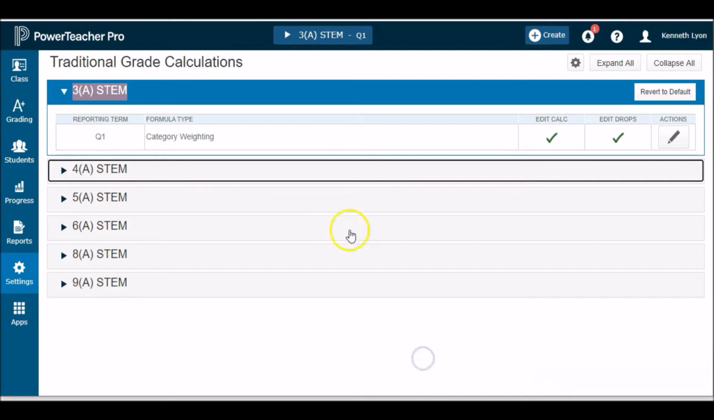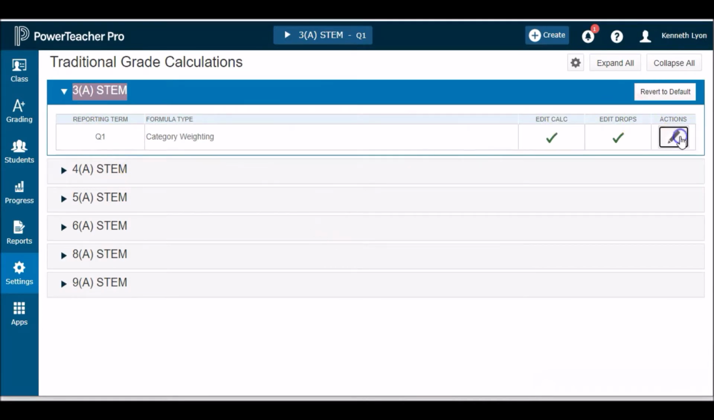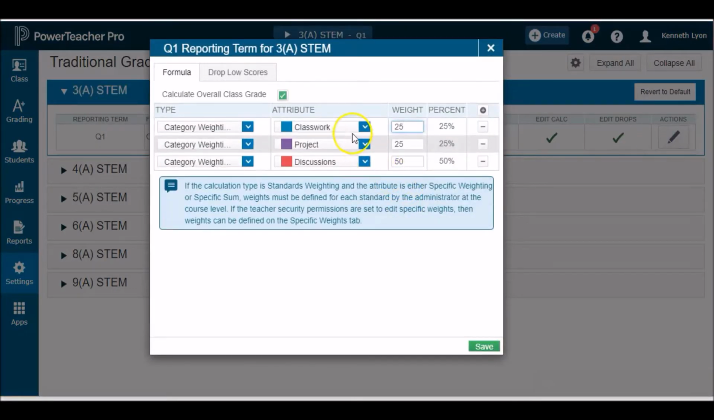So in PowerTeacher, if you go into your classes, you've got, just like mine, classwork, projects, and discussions and how they're weighted. Even if you only have one type of assignment and everything is counted the same, you still need to pull that into Canvas so that your grades will be done correctly, or so that your grades